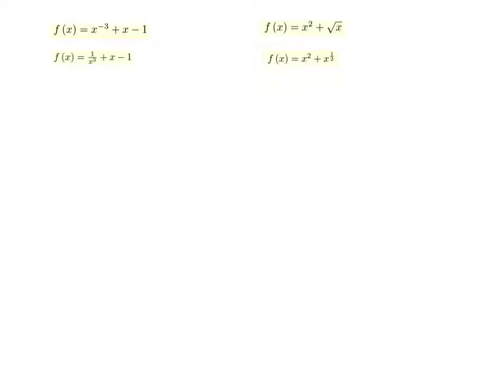Okay, so for polynomials, you can only have a polynomial if you do not have negative exponents or rational exponents. Now, rational exponents are fractions. So if you have any rational exponents, that means basically that you have a fraction exponent, just like this one right here. So if you have anything like this, or anything with a negative exponent, then that means that you do not